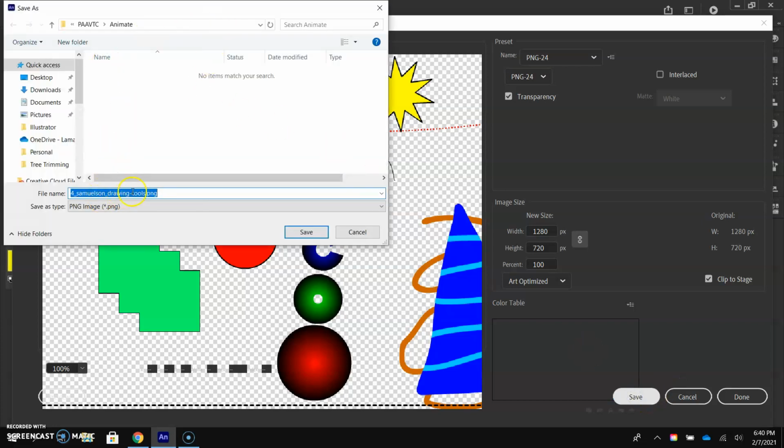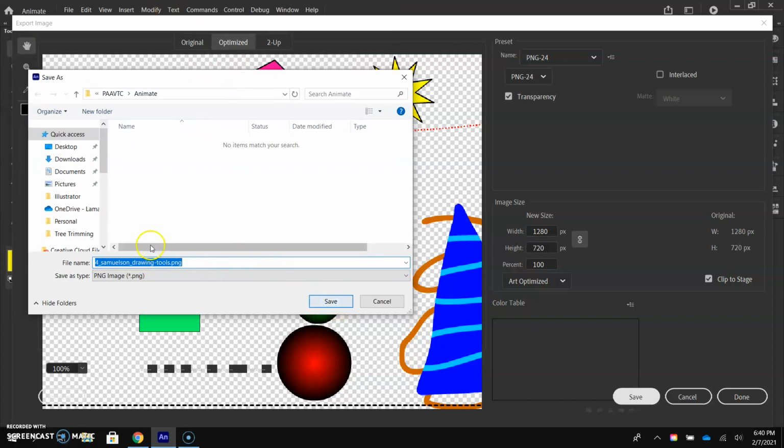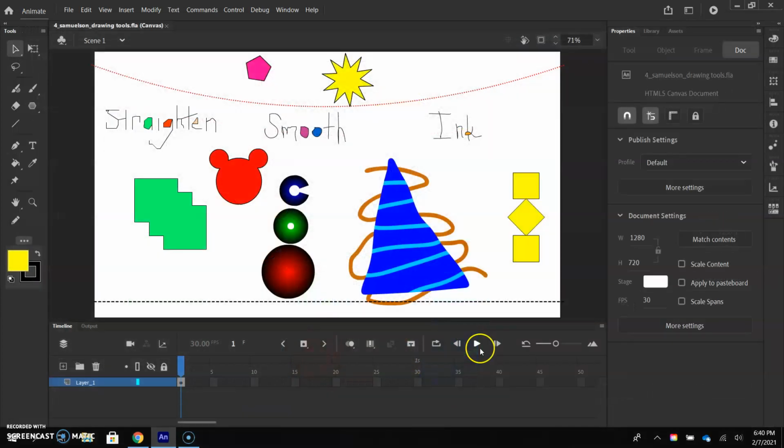It should try to save it into the same place where your .fla file is, with the same name that you have the document saved. So hit save, and you